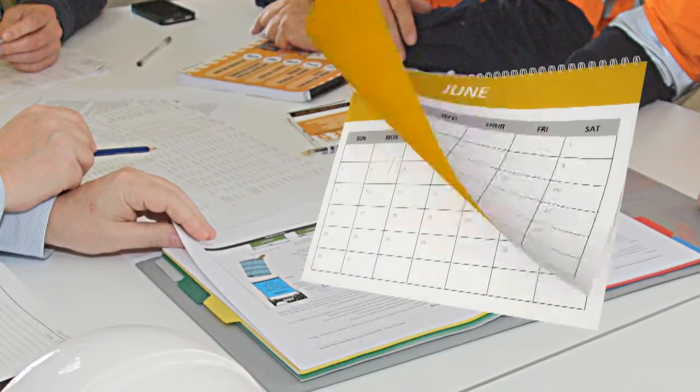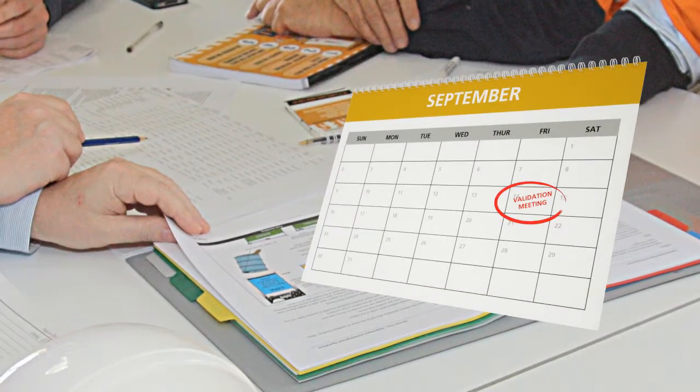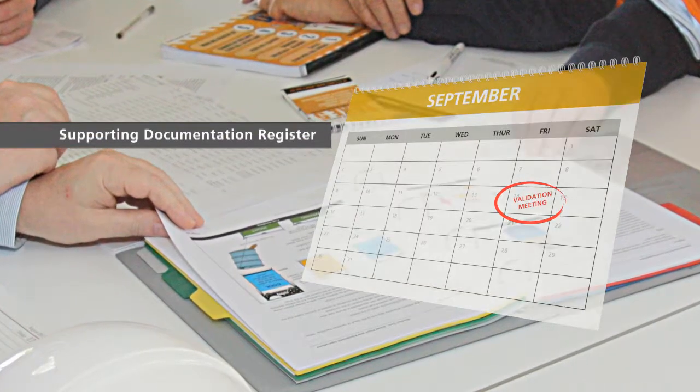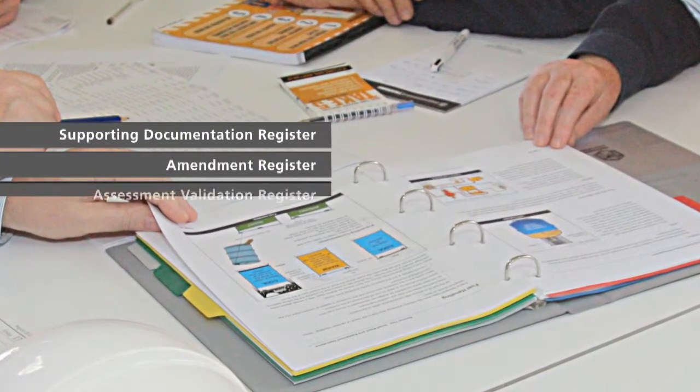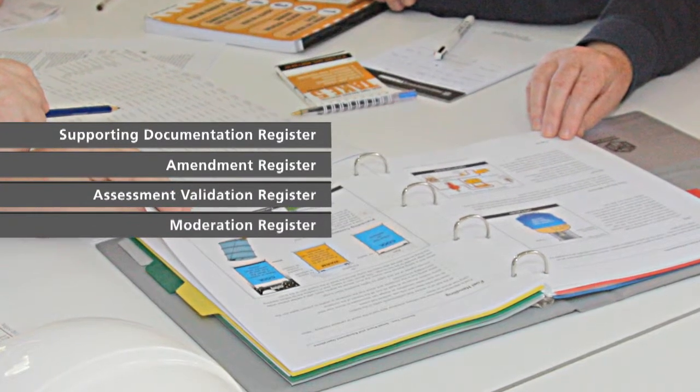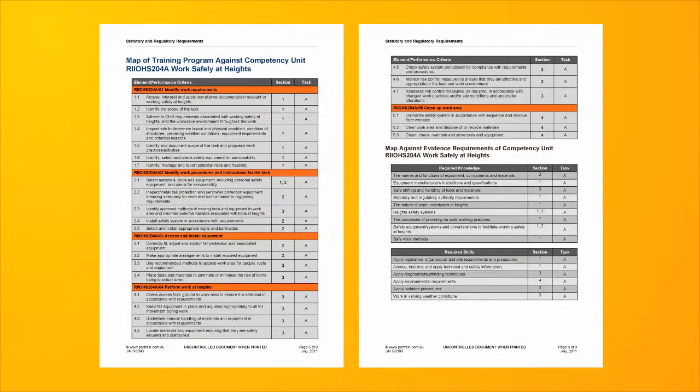You should revisit the document regularly and update the supporting documentation register, the amendment register, the assessment validation register, and the moderation register. The SAR also contains a mapping table that articulates how the resources align to the relevant national